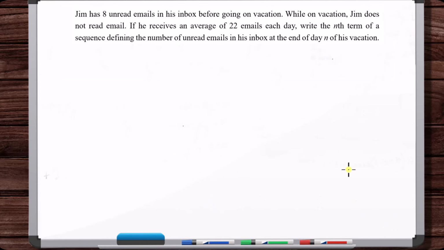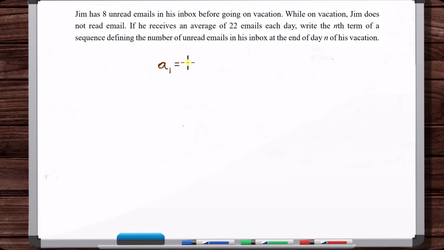Okay, Jim has 8 unread emails in his inbox before going on vacation. While on vacation, Jim does not read email. If he receives an average of 22 emails each day, write the nth term of a sequence to find the number of unread emails in his inbox at the end of day n of his vacation. Okay, so before he goes on vacation, he has 8 unread emails, and we're trying to define a sequence that represents the number of unread emails in his inbox at the end of each day of his vacation. So when he starts the vacation,